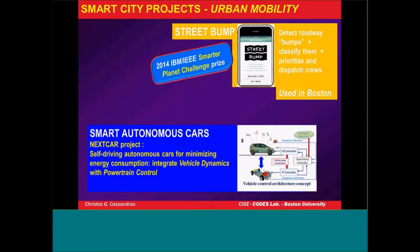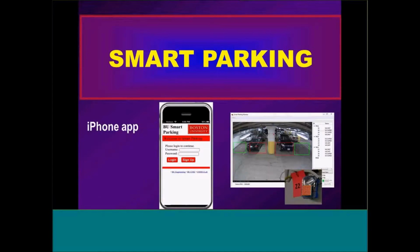So in my remaining 5 minutes or so, I'm going to very quickly try to go through some of these apps in some more detail, just to give you an idea of the technologies that are involved. So in smart parking, and you see here just a picture of our app, which we have implemented at Boston